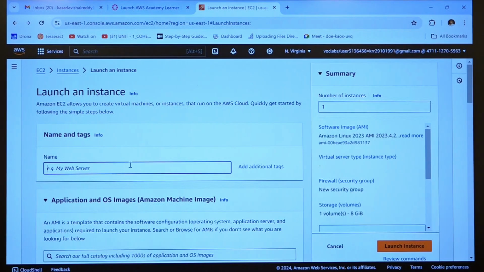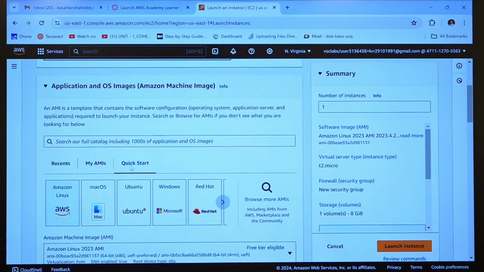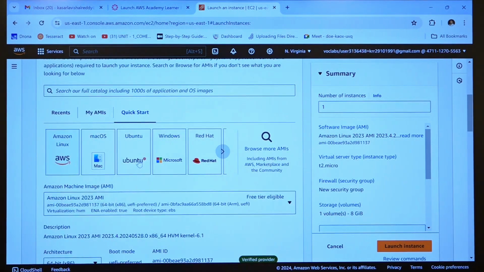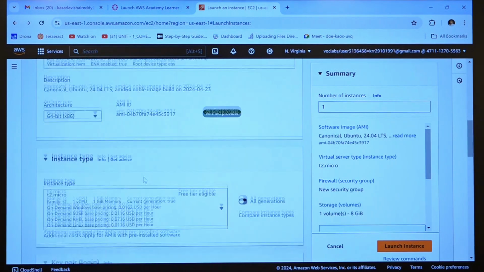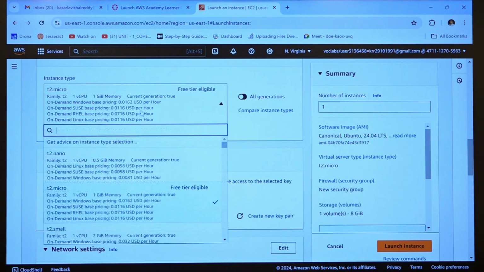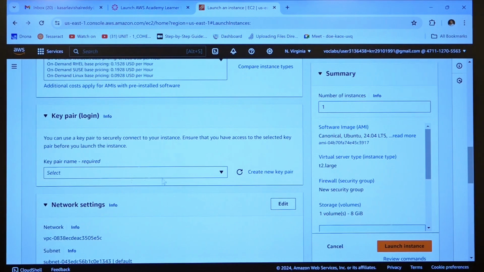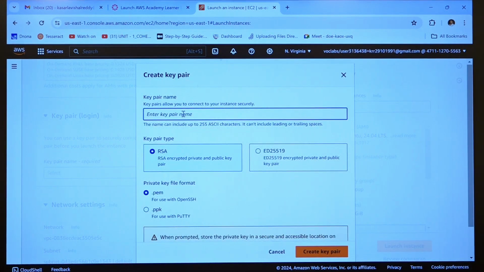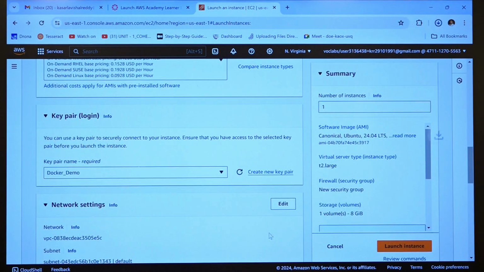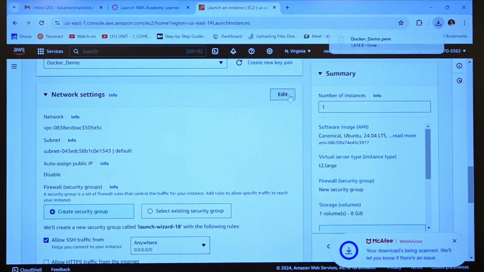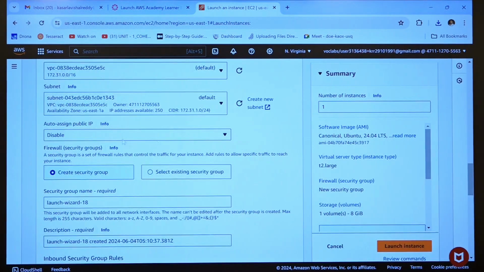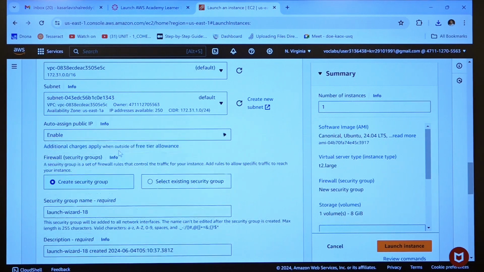I am naming this instance as Docker demo, selecting the operating system as Ubuntu, enhancing my T2 micro instance type to T2 large, creating a key pair. I am naming it the same, Docker demo, and creating my key pair. In network settings, I will modify VPC subnet, and make sure that auto assign public IP is enabled,